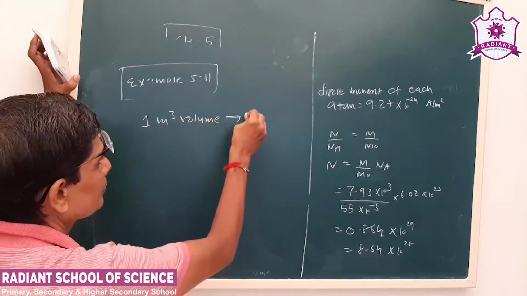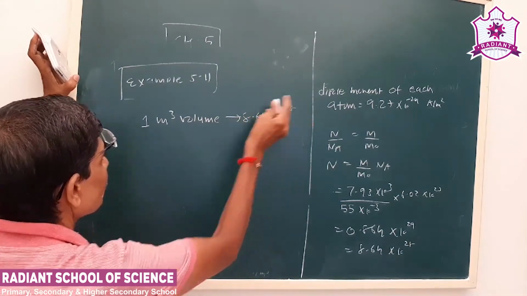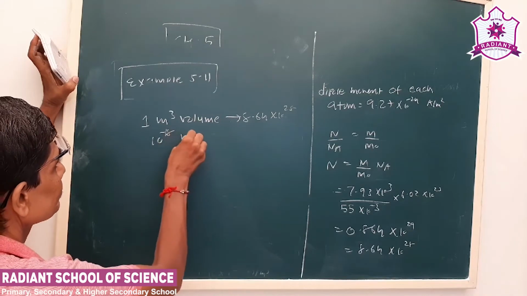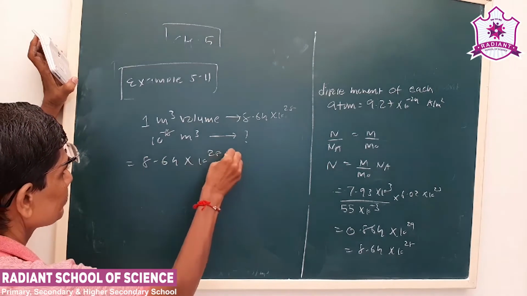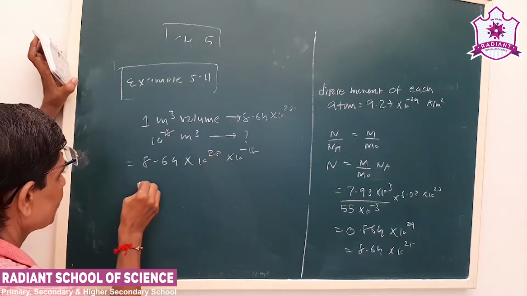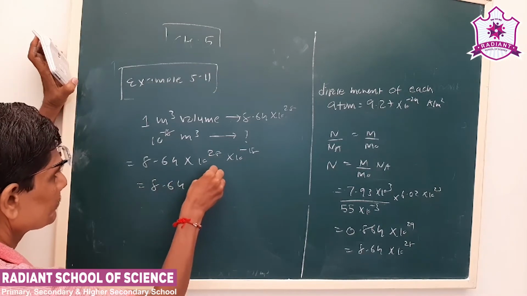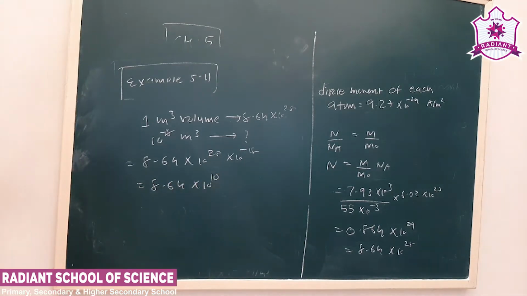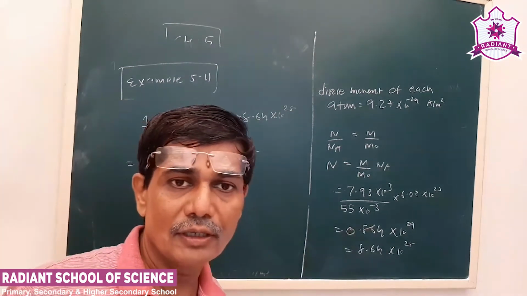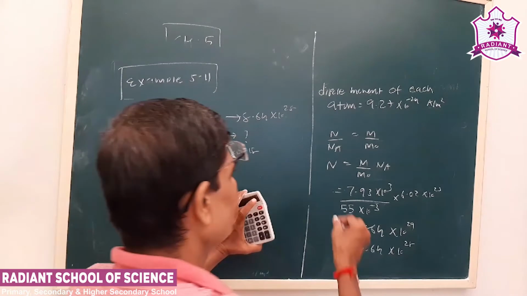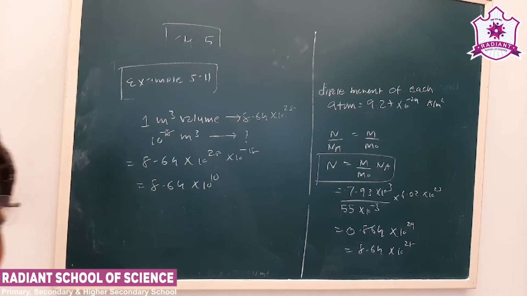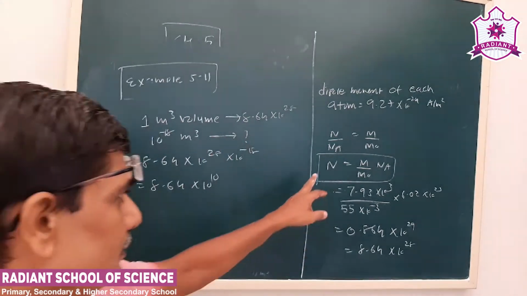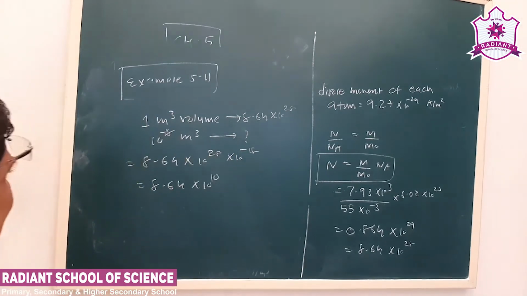number of atoms are 10 to minus 18. So 8.64, 8 minus. Okay, now these are the atoms in a given volume. Recall, we had used this somewhere in one example in chapter number 3 also. That is number density. There we used to denote it as small n. So these are the number of atoms in a given volume.